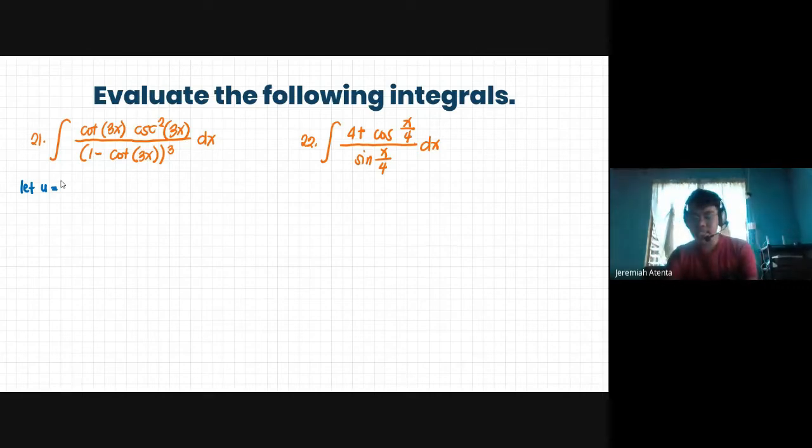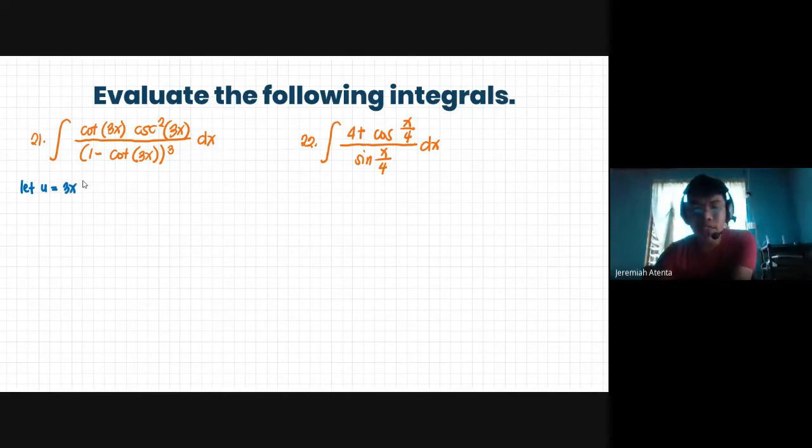Three x, 3x, may mga question mark. Okay. So, in this case, si 3x, as what I've said, medyo trial and error siya. Pero, in this case, clear naman, obvious na kailangan si 3x because sa formula natin, it is just tangent x, secant x, cotangent x, cosecant x. Okay? So therefore, first, we will let u be equal to